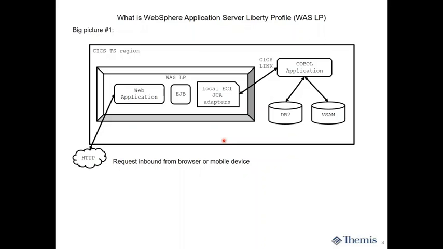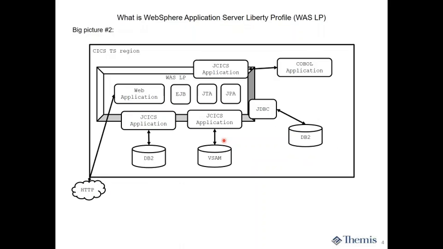Anything you want to do pretty much can be done. Not only can I link to CICS COBOL programs, but with CICS TS 5.4, they introduced a feature called Link to Liberty, where your standard CICS COBOL programs can link to a program running inside of a Liberty Profile, okay? So kind of moving on here, a little bit broader picture, if you will. So we can have JCICS applications. JCICS, as you see it on the screen, is equivalent to command level programs that you might write in COBOL, but it also does have other